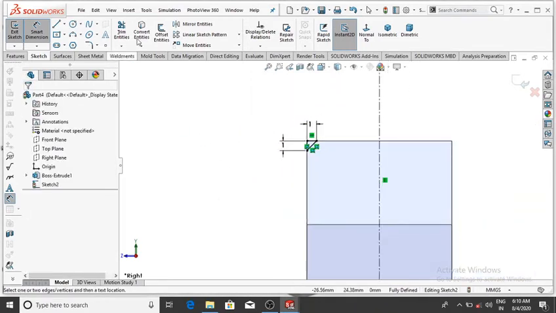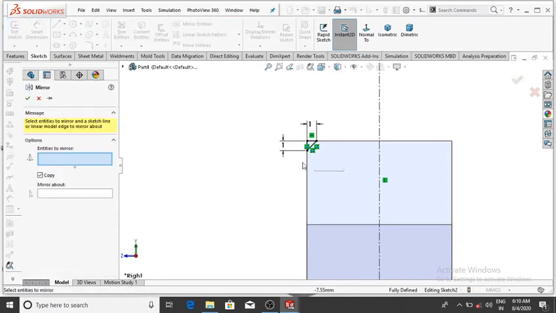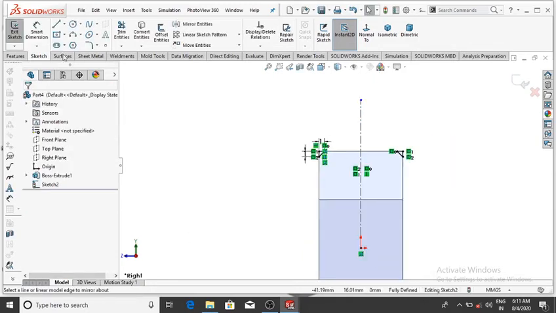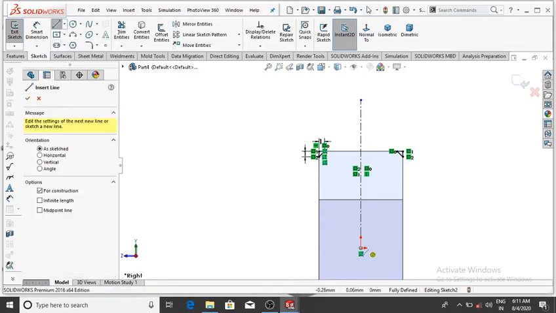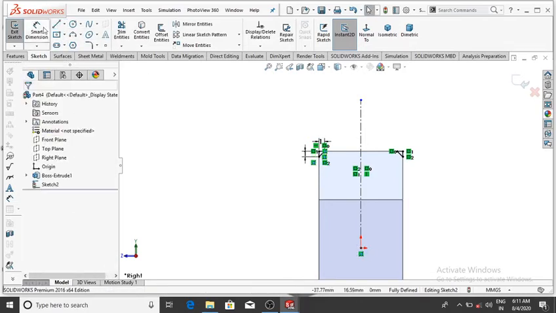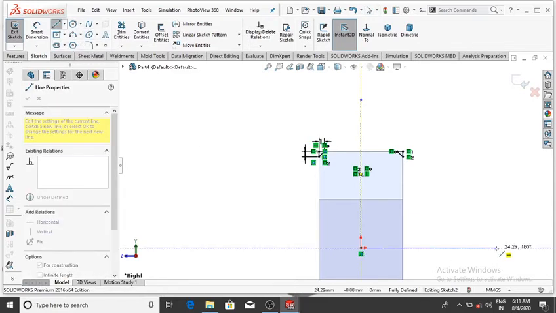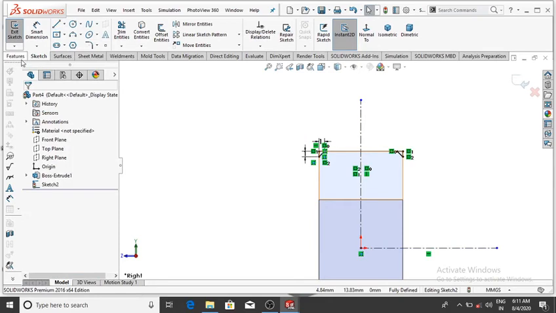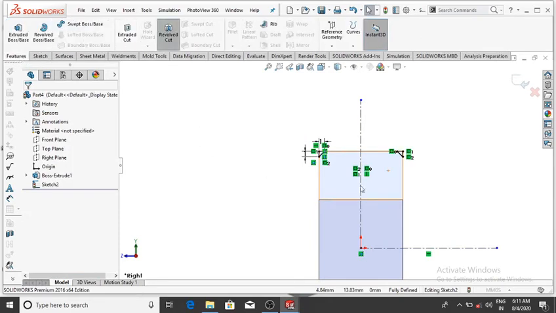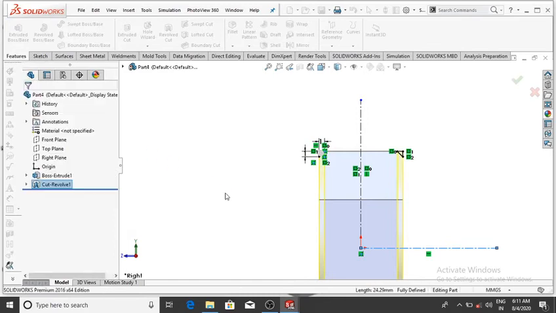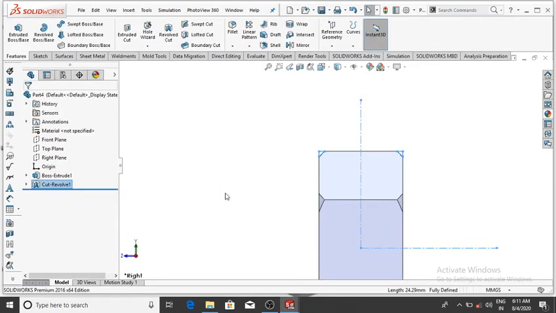Then OK, and go to the mirror entity, select this sketch and mirror about this line, then OK, and now make the center line vertical to this. So simply select the center line, and from this point select this, and now go to the feature and select revolve cut and select this center line, then OK, it will be selected.